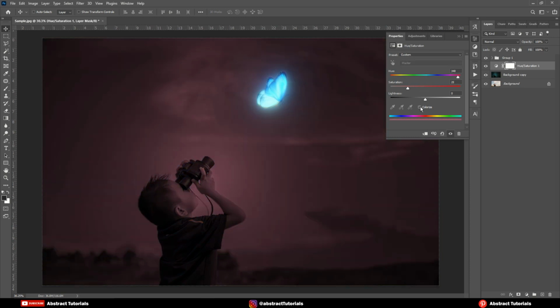Check this box. Adjust the color of the image to match it with the butterfly.